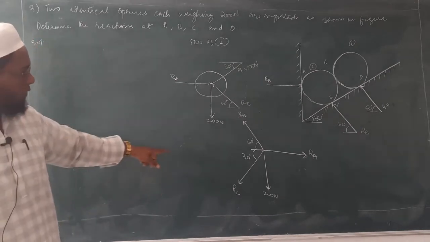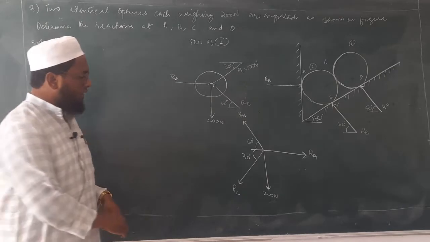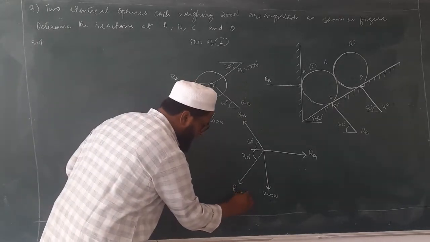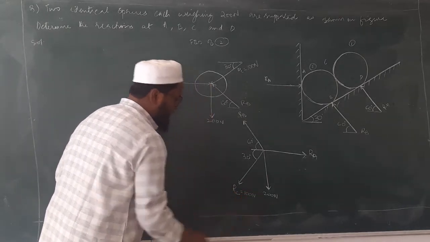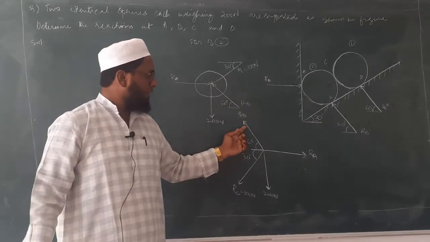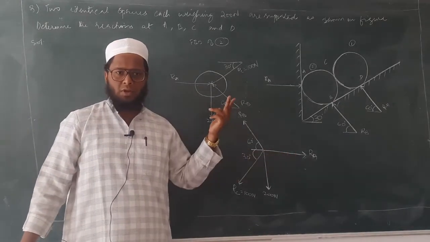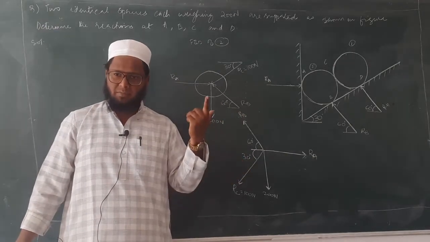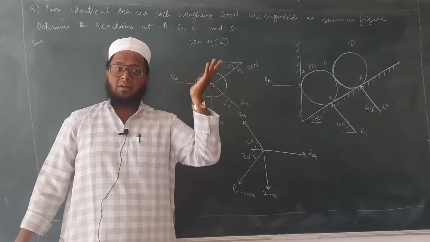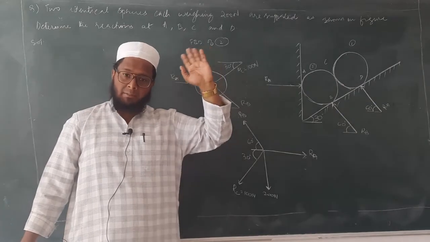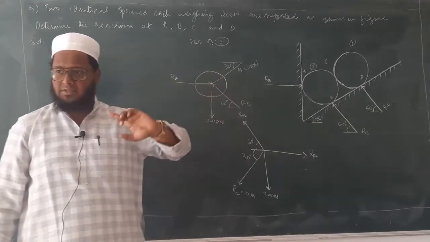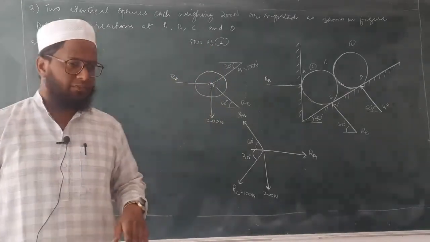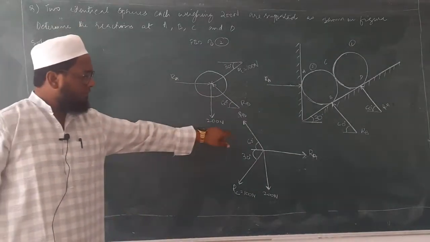So see here, how many unknowns we have here? We know RC, which is equal to how much? 100 newtons. How many unknowns we have here? RA and RB. So 2 unknowns, 2 equations. What are those 2 equations we have? Sigma x, sigma y. If we have 3 unknowns, then we will be having sigma m is equal to 0. How to use that? We will see. Okay. You understood this one?